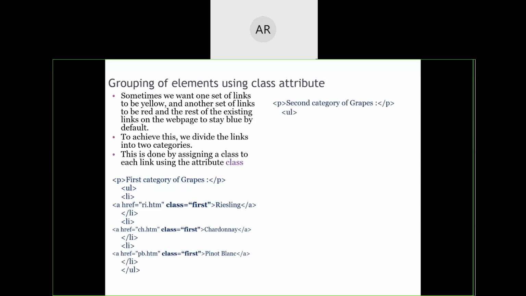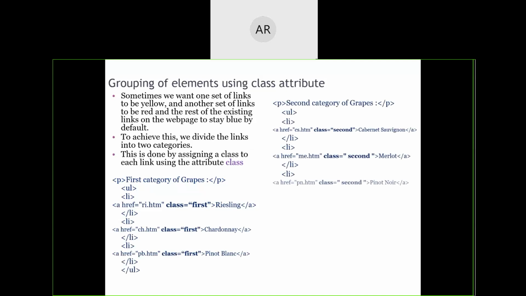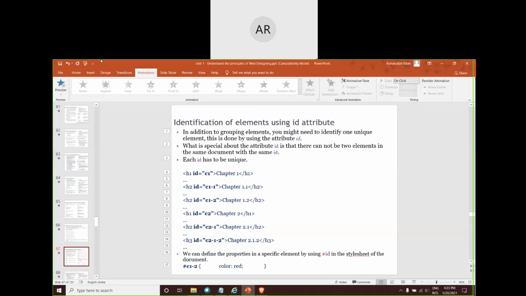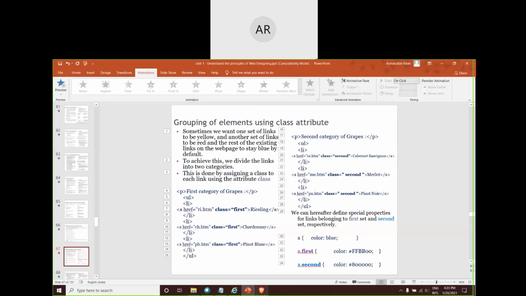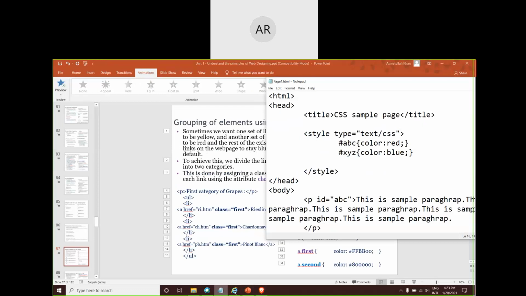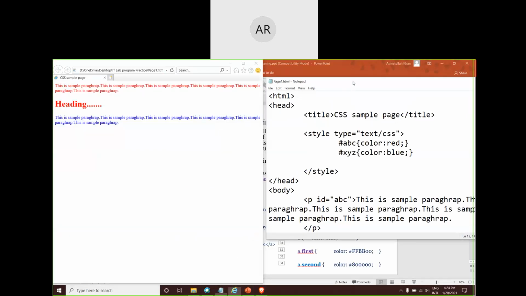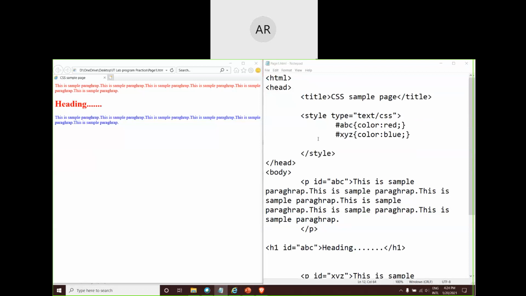Now for the class, how will you define it? It's a small thing that we have to learn. It's very easy. So let's get back to the program. Let me open the output window also. Let me enhance this program. Now, when it was an identifier, we were able to identify each tag with a specific name, right? Now, I will not use ID over here. I will use a class. For a class, you can have the same name.